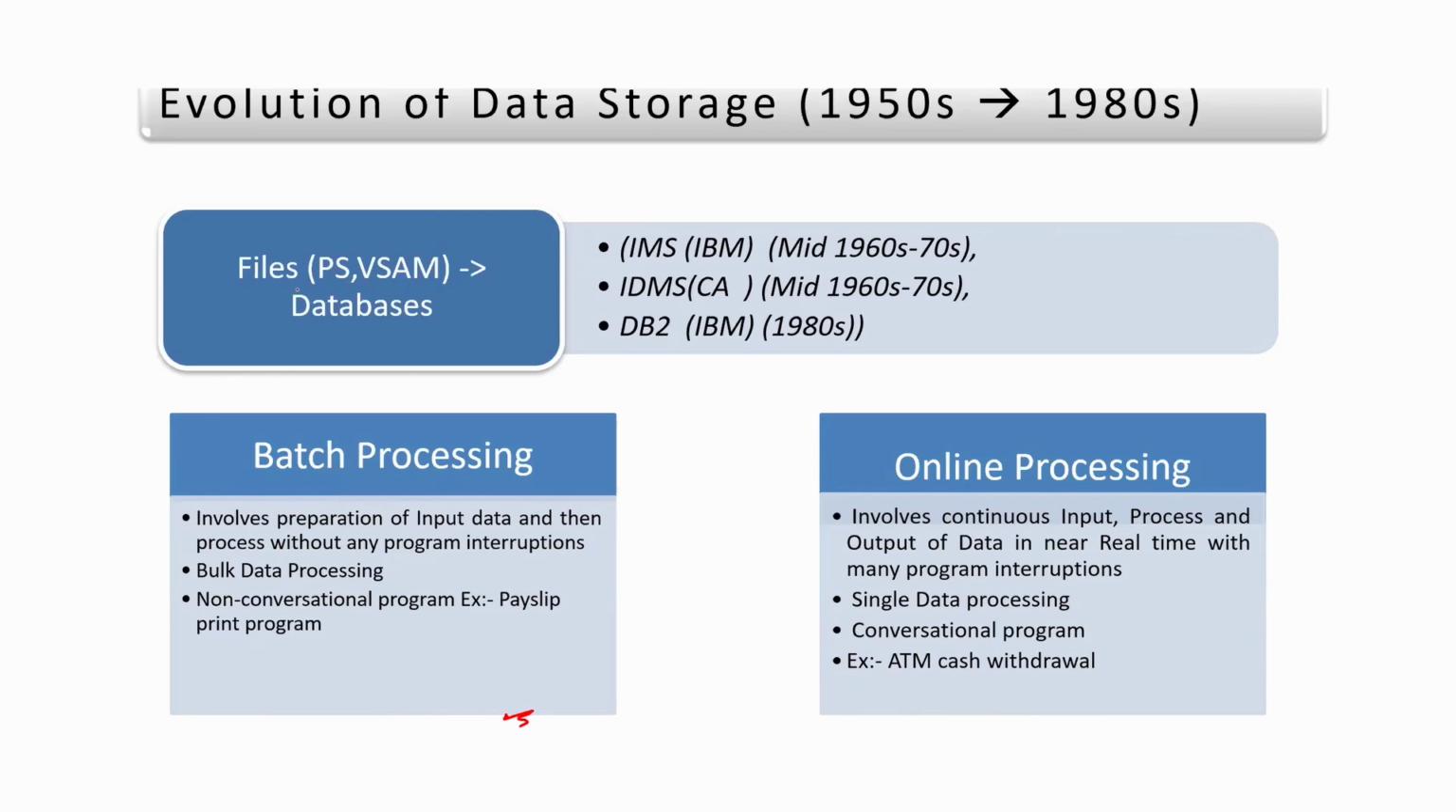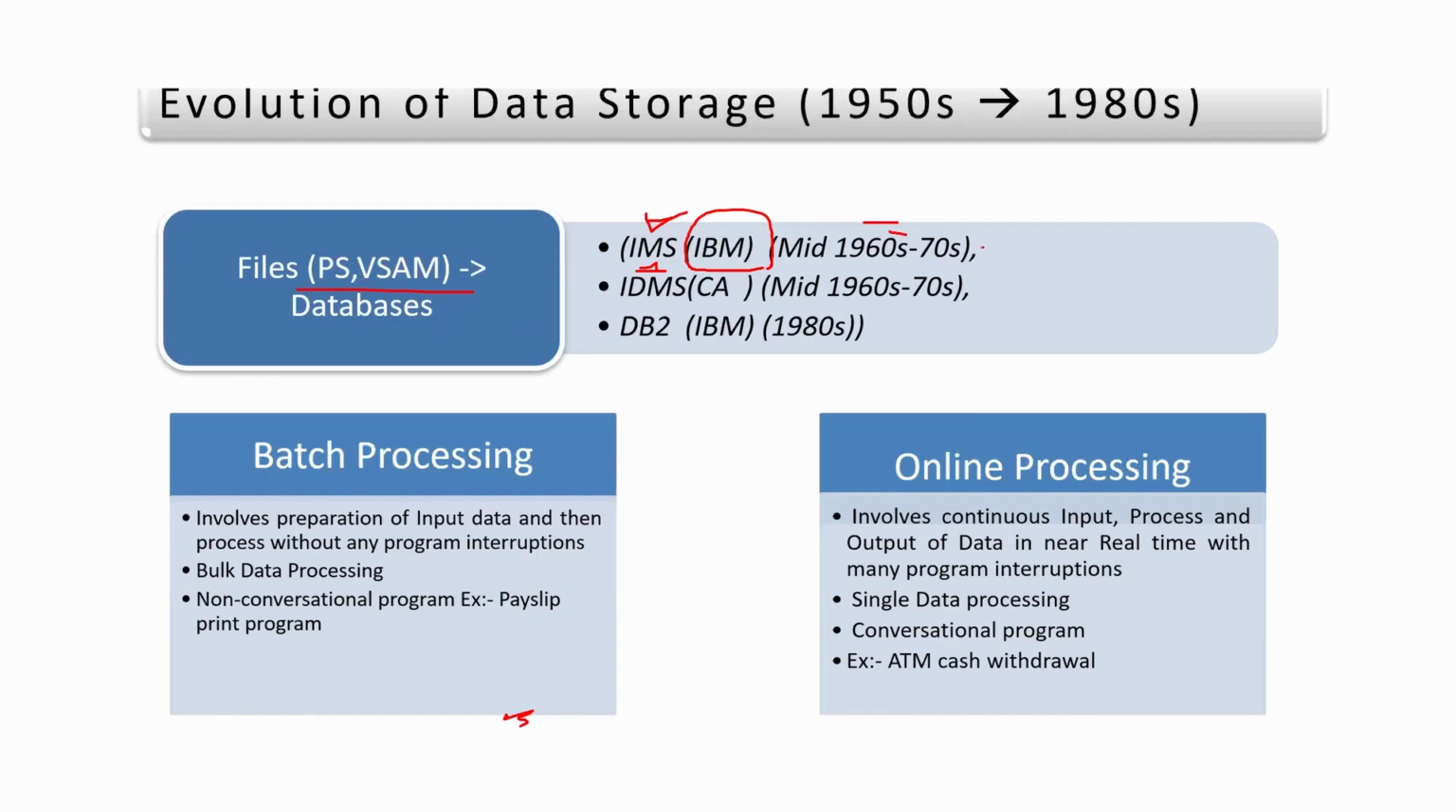So we have PS files and VSAM files. Then IBM brought a database called IMS DB in 1960s. Primarily, it was used for the Apollo mission, to send a satellite to the moon, and it was a successful mission by the US. So it was primarily used by NASA. NASA used IMS DB to store data for the mission of sending a satellite to the moon